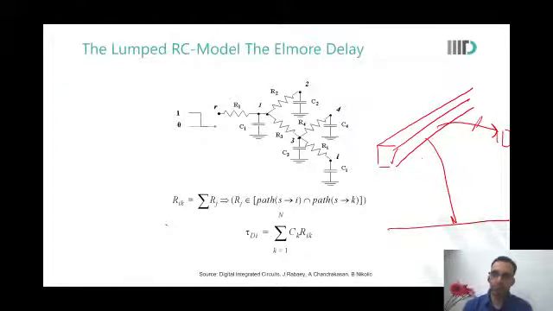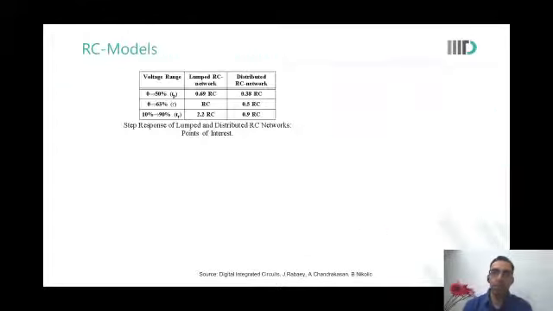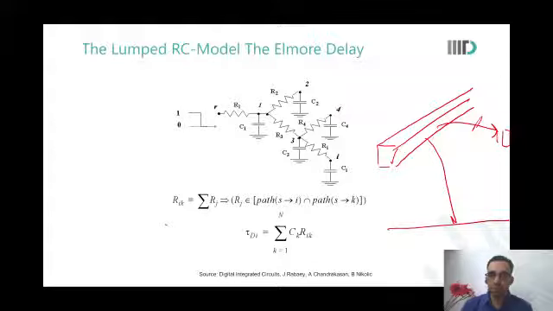Yes, Madhur. I did not understand the equation, this path S to I intersection path S to K. What is this S? Okay, so all paths which are from source to output I and from source to output K. S stands for source. Okay, sir. So the common paths in the intersection, that is the sum that you're talking about. Okay, sir.